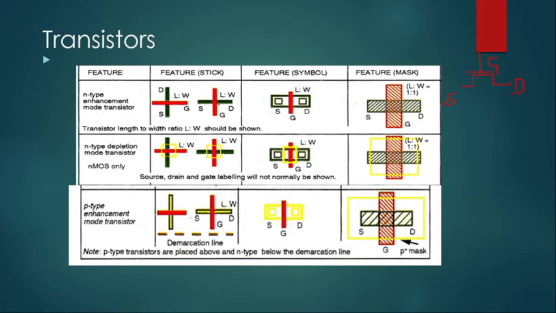So this green color will be intersecting the polysilicon layer. Red represents gate, and source and drain are representing N diffusion. Either your transistor is like this, or it can also be like this. This can also be said to be a transistor. Suppose this is your source, drain, or suppose this is your drain, or this is source, and this is gate.